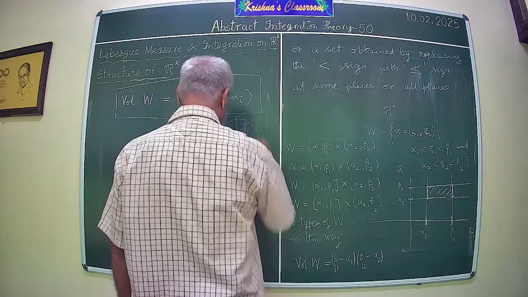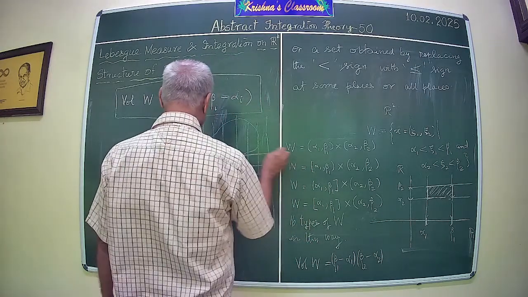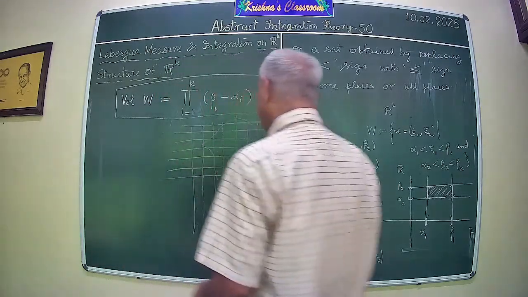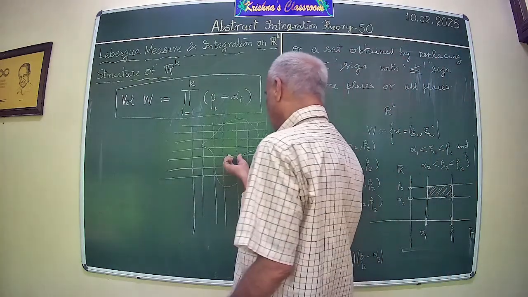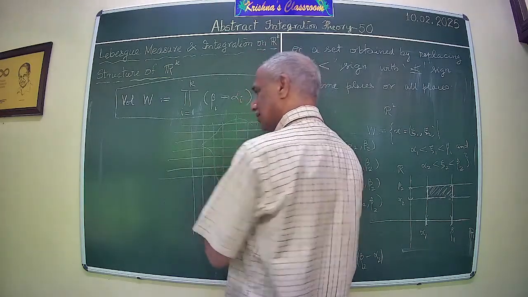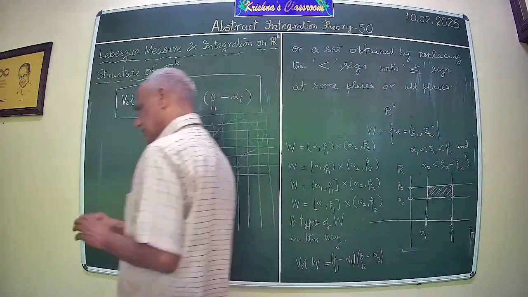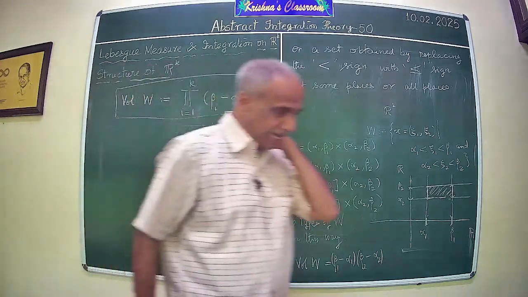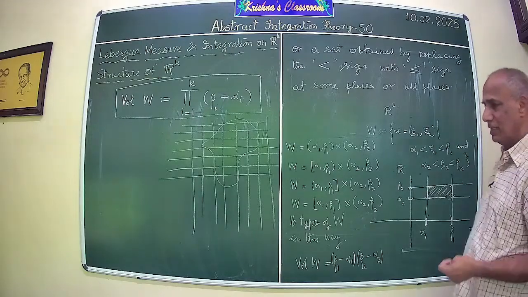Suppose these are unit distances that you have, and similarly unit distance in the other direction. Now, one observes that there are certain squares which get fully trapped inside this, and you can count the area of the fully trapped squares of unit